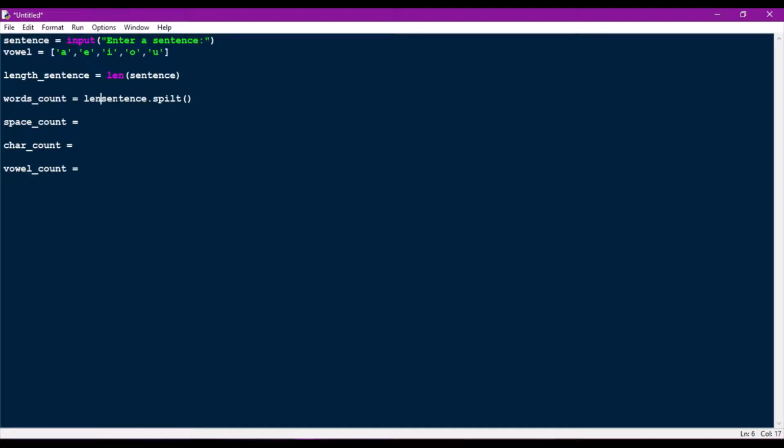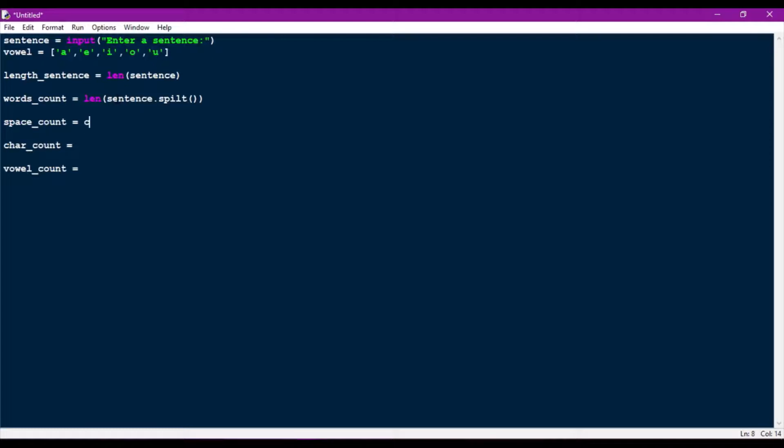That list we have to count, so we will use the length function, and it will return the count of the items which are stored in the list.